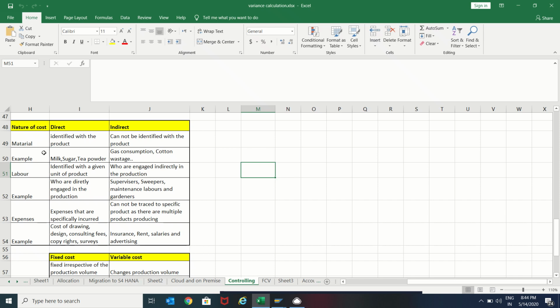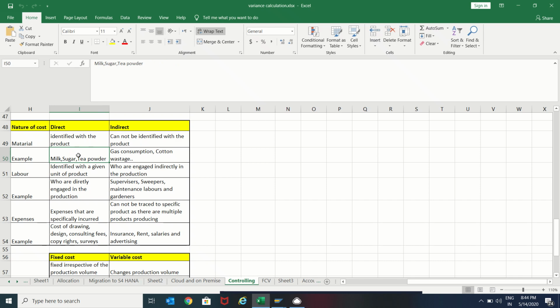Coming to material, when we are producing a material, if you know what components we have to use, then we treat those as direct material. For indirect materials, we do not have a clear idea of the consumption. Take the example of tea manufacturing.